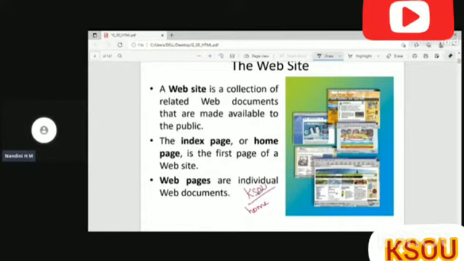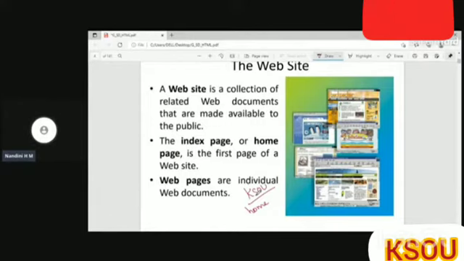If you consider the KSOU website, it contains a number of web pages related to admission, right? If we click on the admission link, it will open the admission related web page. If we click on the examination link, it will open the web page related to examination, etc. So a website is a collection of related web pages.